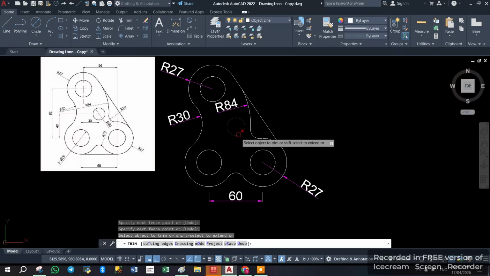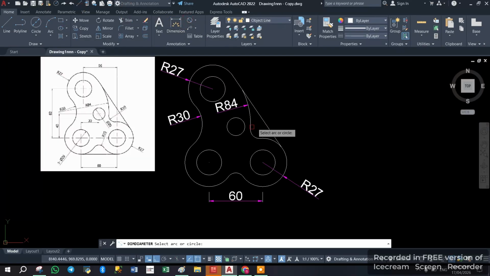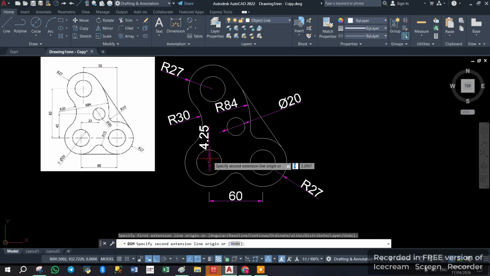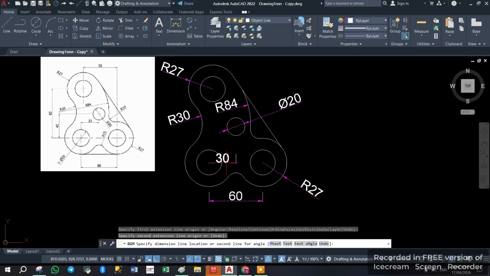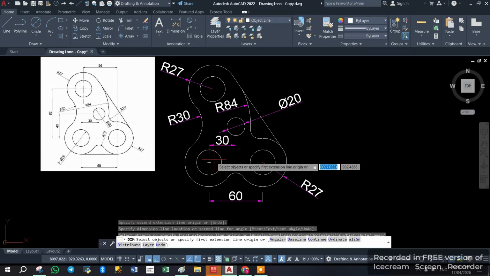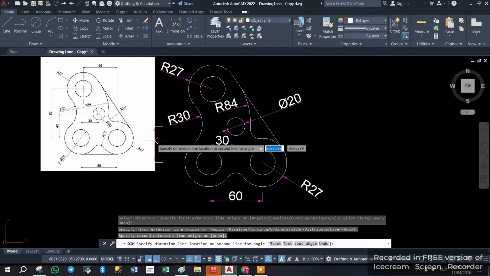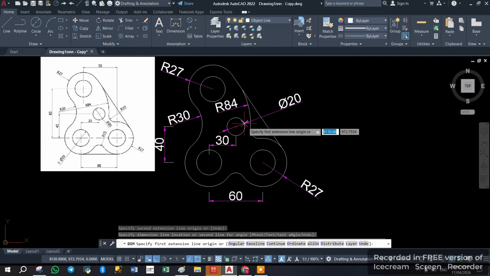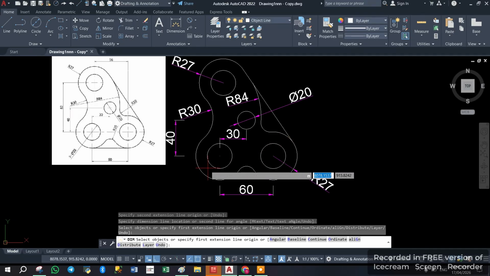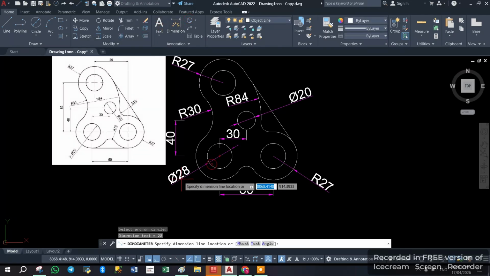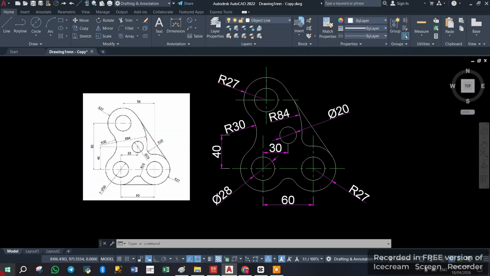So this one is this one, and you can check the same thing. You can check the linear dimension between this center and this center, which must be 30 units as is shown here. It is 30 units. And the height between the center of this one and the center of this one is just 40 units. So based on this you can create this line, and this internal diameter is 28 units. So based on this you can create